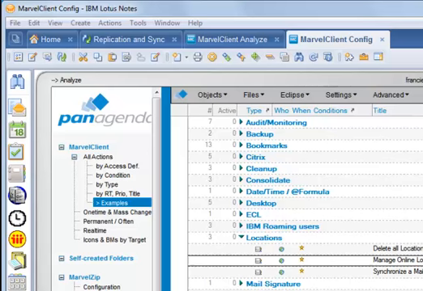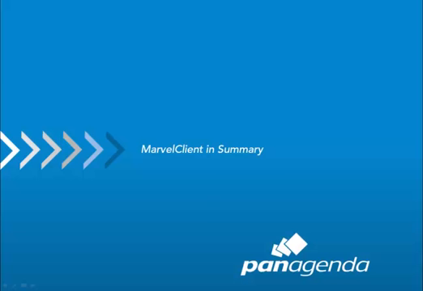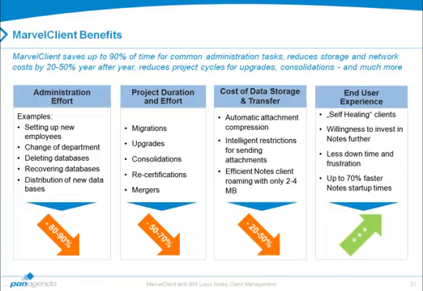Now I would love to show you more actions, but let me wrap up with a MarvelClient summary. As you were able to see, MarvelClient allows you to configure what you consider to be the perfect Notes client for a user in HR, for a user in finance, for users on the East Coast versus the West Coast, including for brand new machines, which means MarvelClient can not only set up workstations from the very first time without manual intervention, but they can also keep those configurations consistent and standardized over the life of the Notes client for